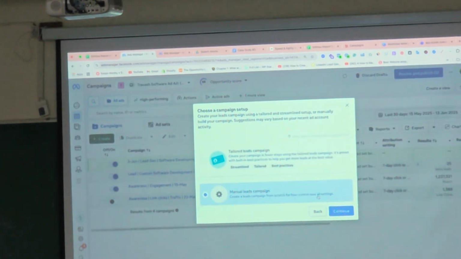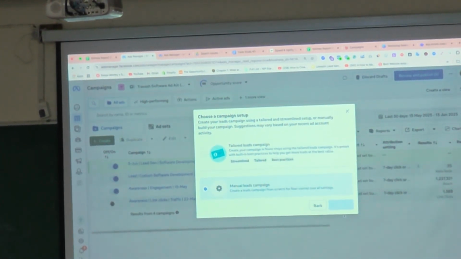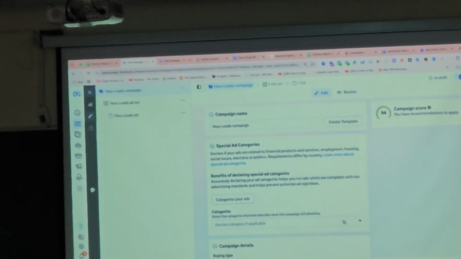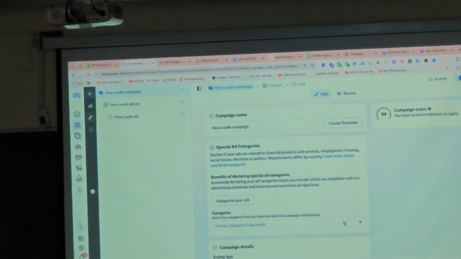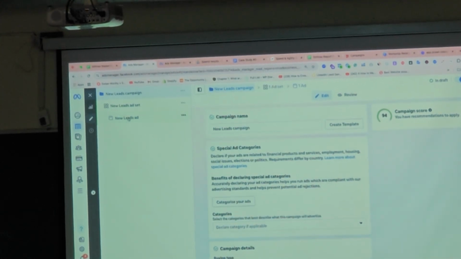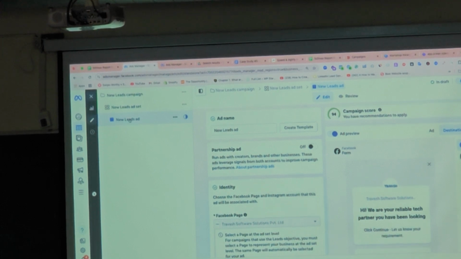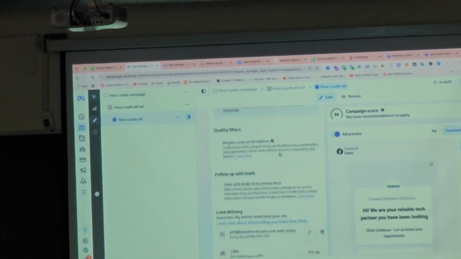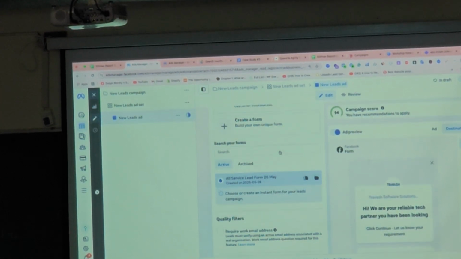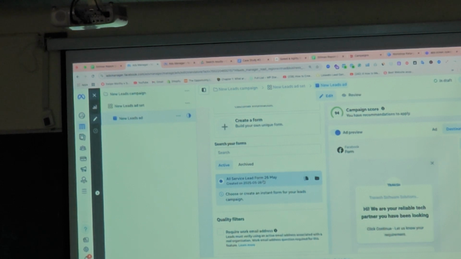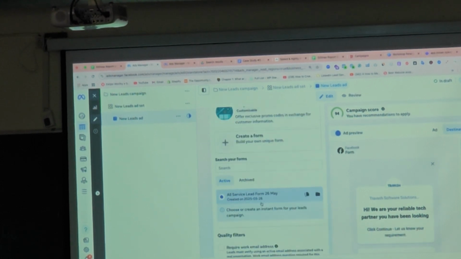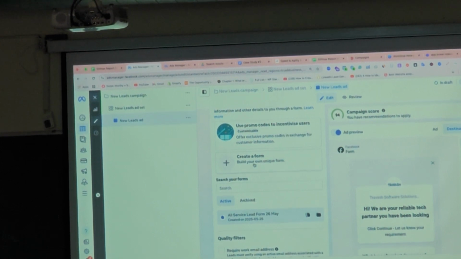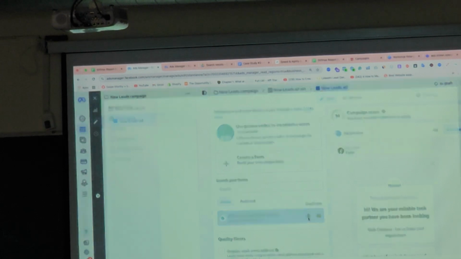Select this option. Click on continue, the manual one. Click on continue, and you will see the other options of the campaign and the ad set are the same. Okay, there is nothing different in them. After that, I'm directly jumping to the ad option. In the ad option, select the pages option over here, and at the bottom here, you get the lead form option. So we have already created a lead form. Here you can create one, click on the create a form option, and accordingly you can proceed. So right now I am duplicating it.